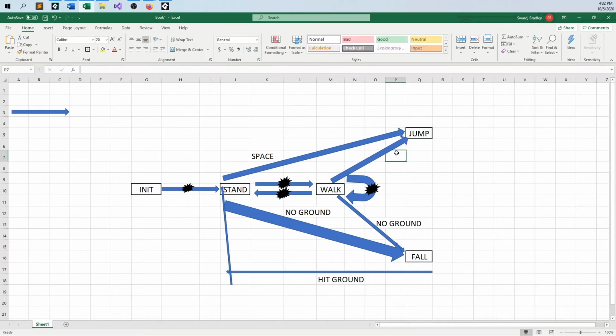Same thing goes here. I press space, and I go from stand state to walk state. And it's really just as easy as saying, if I press the space key, go into jump. And I'm forgetting a few little things here. I'm just trying to get away from the physics of everything right now. But there's two ways we go from the jump to the fall state, and one is